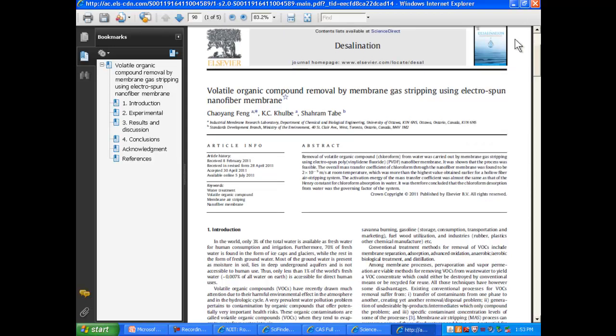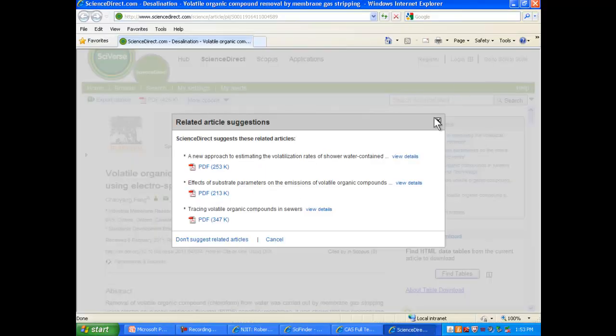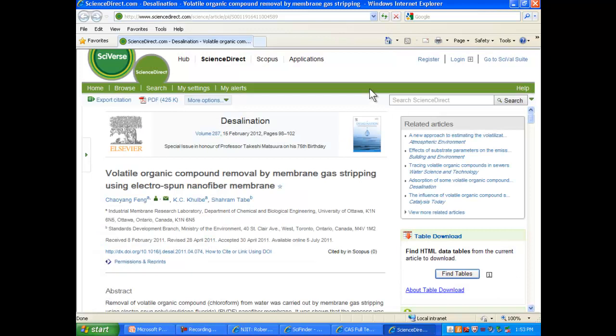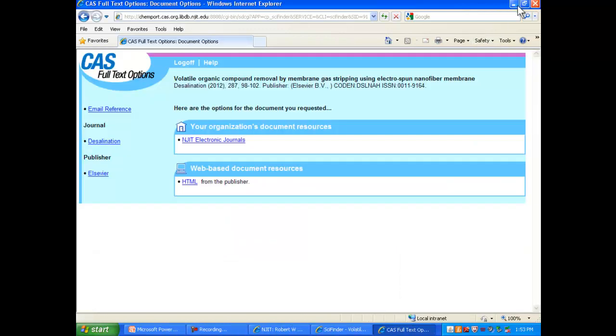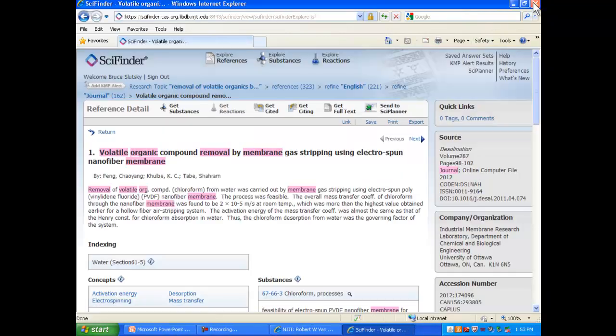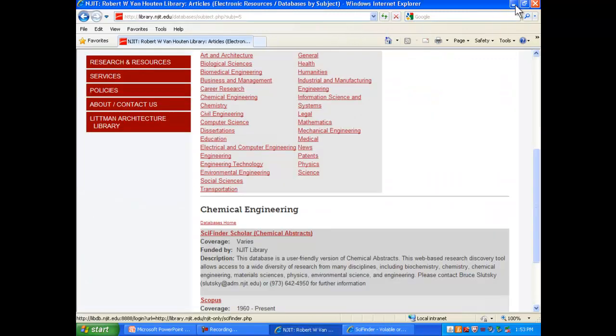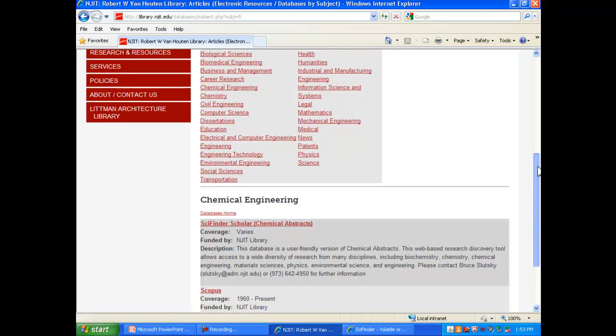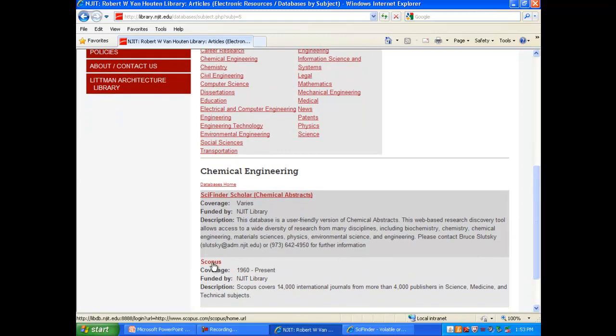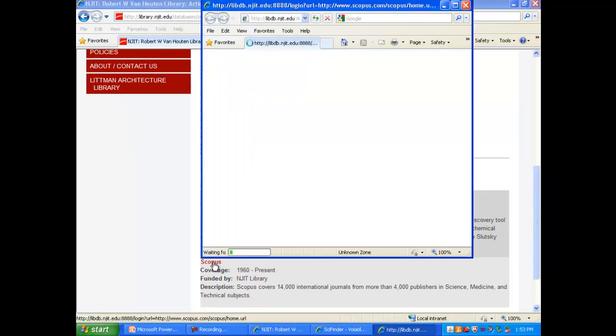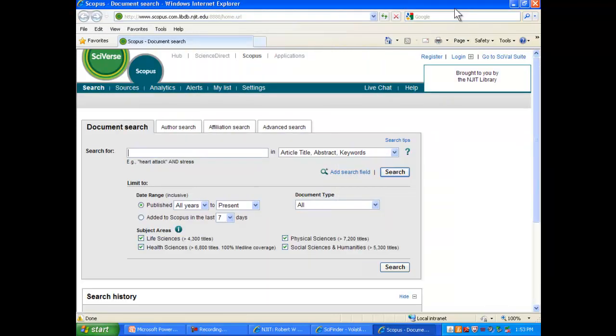Okay, let's try this search in Scopus. This you don't need for now. So let's go back to the NJIT Library homepage, and let's get Scopus, and we'll do the same search. So you see here, as it comes up, that the